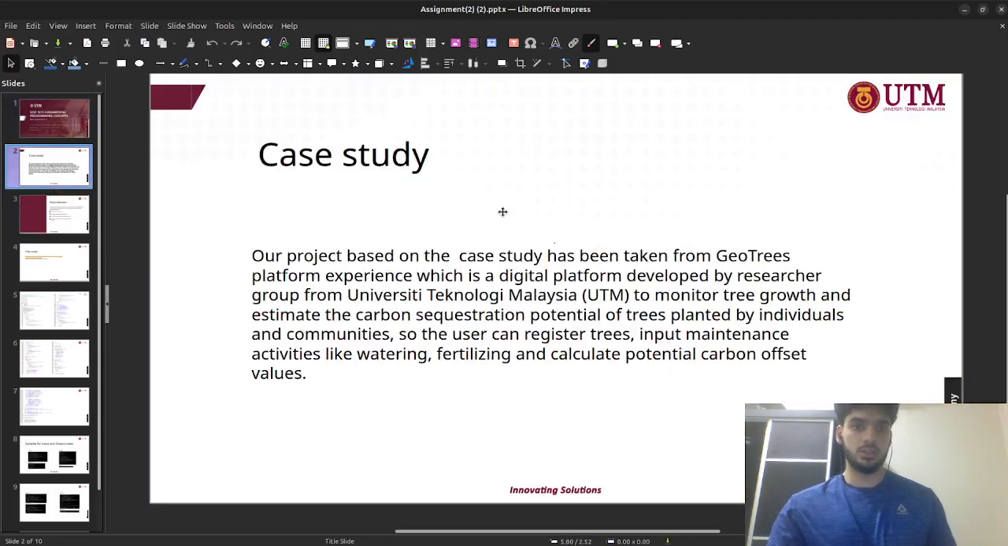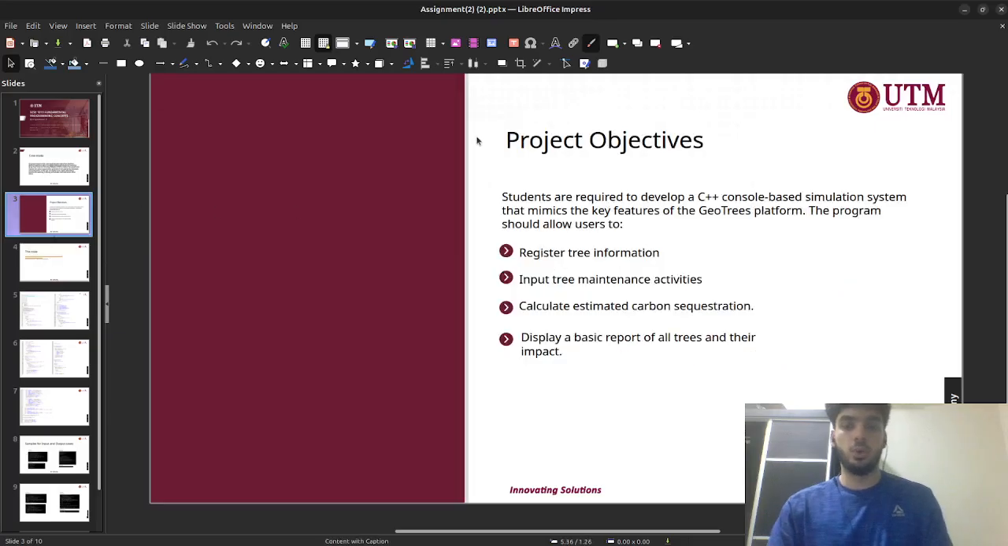So, our case study over here was the GeoTrees platform experience, which was done by the researchers of UTM to monitor tree growth and estimate carbon sequestration potential of trees planted by individuals and communities. So the user can register trees, input maintenance activities like watering, fertilizing, calculate potential carbon offset values. So the objectives of this